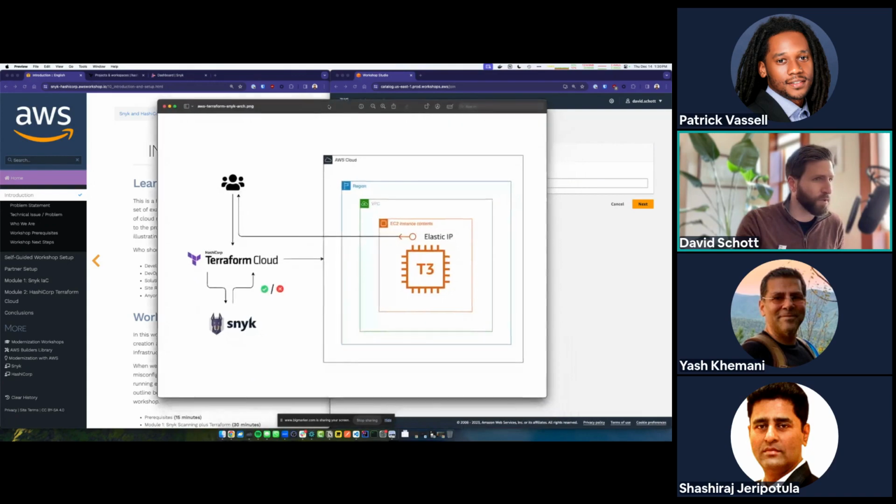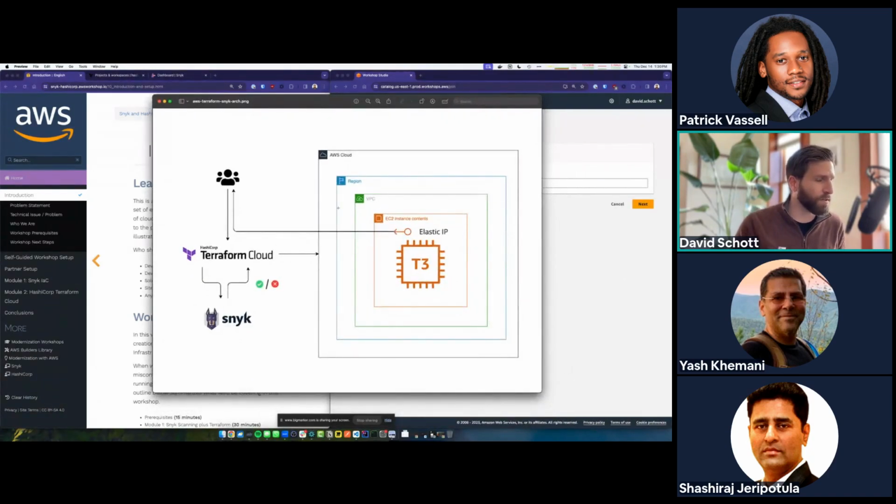This is part of our workshop content. I went ahead and downloaded it just to pull it up. Before we start racing through and setting things up in AWS, I thought it'd be good to look at this picture, because this is what we're going to be doing today. So we've got a very simple infrastructure on the right side of this diagram that we're going to be deploying. And there's actually a few things missing from this diagram.